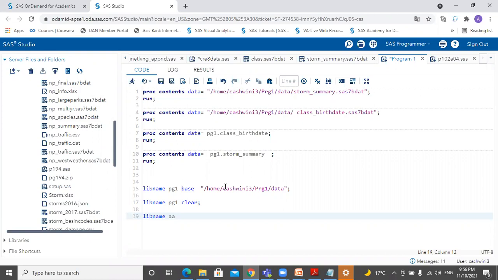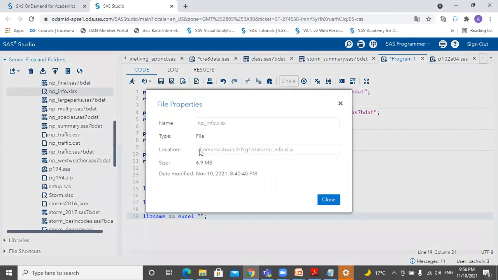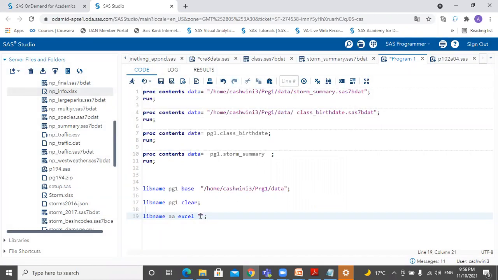Engine, I'm writing Excel, and I give the path for this Excel file. Fine. And I submit this.